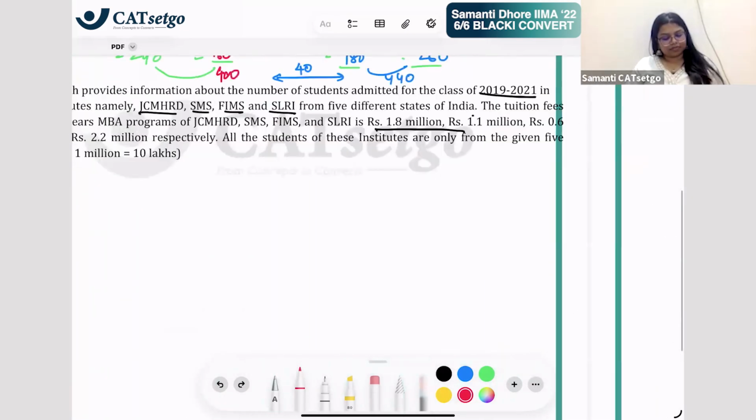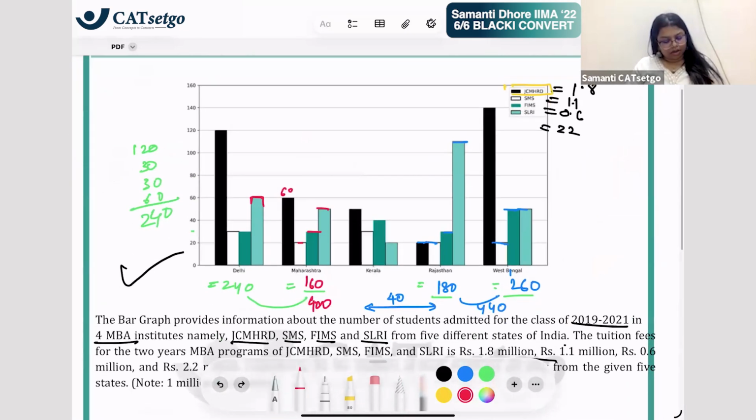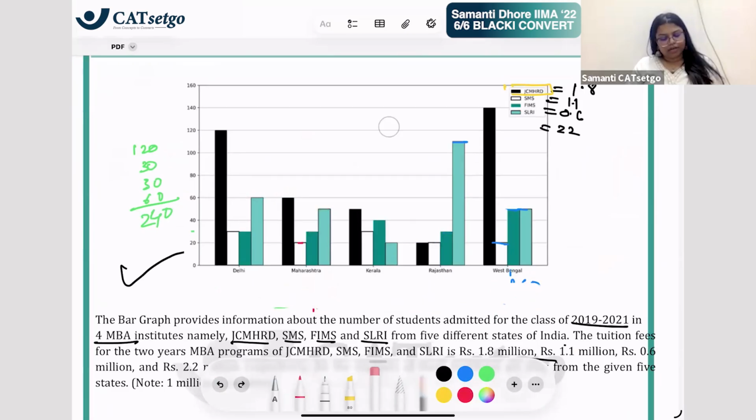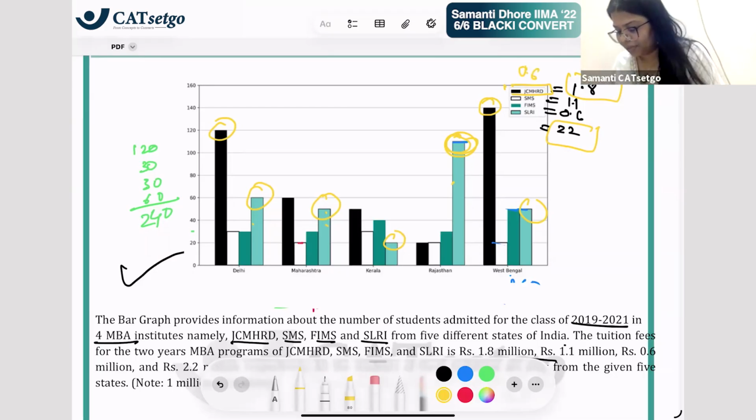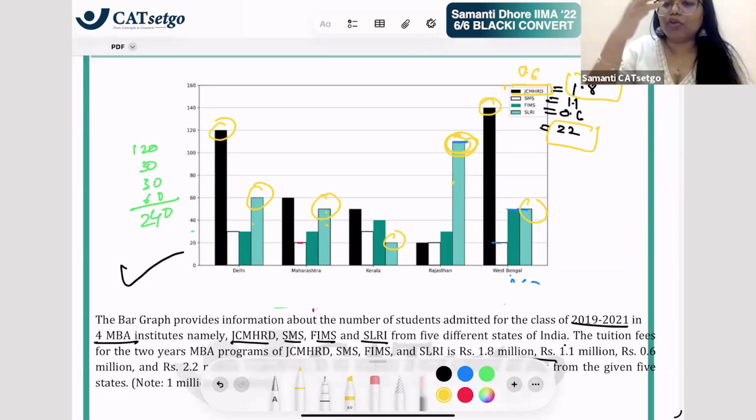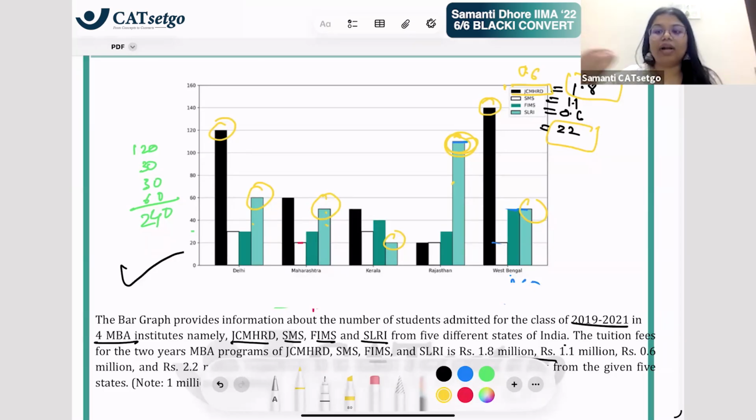Now if you look at this data that is given to you, you won't even need to multiply. Just understand that JCMHRD is very high compared to others, है ना? और उसकी फी भी 18 लाख की है, तो ऐसा भी नहीं है कि कम फी है, right? And if you look at this, this is 22 SLRI, but SLRI is comparatively so much lesser, right? Because see 1, 2, 3, 4, 5, एक ही peak है इसमें, और JCMHRD में दो peaks है, so definitely the number of students are also high and the fees is also high, right? If let's say JCMHRD की fee 0.66 lakh होती, तो हम बोलते यार इसमें लोग ज्यादा है तो भी the fee is less, no. So probably I'd have to delve more and calculate more.